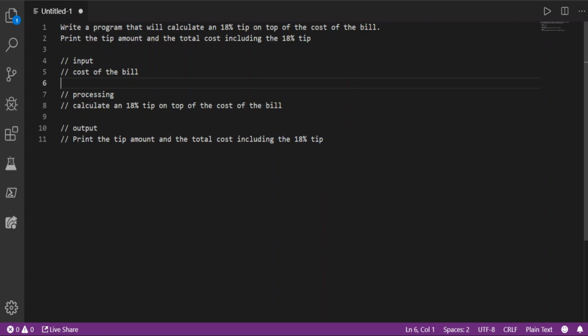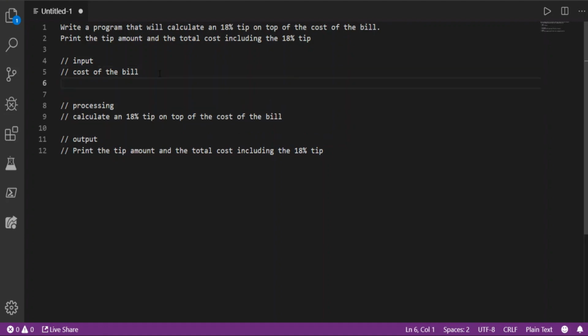So how do we get the input? Well, first thing to do is probably to tell the user that we want some input. So step number one will actually kind of be a form of output, right? But I'll group this into the input just because it's necessary in order to get the input. So in whatever language you're using, you're going to do some print statement in order to ask the user. You can also call this a prompt, right? So we want to prompt the user for some value, for the total cost of the bill. And that will be handled based on whatever language you're using. I'm just writing this out in pseudocode, because I just want to talk about the logic. This is not specific to any programming language, because you'll do these same steps in any programming language,